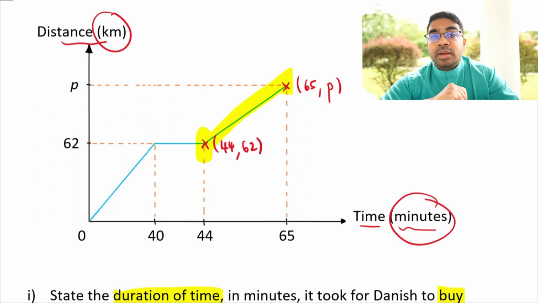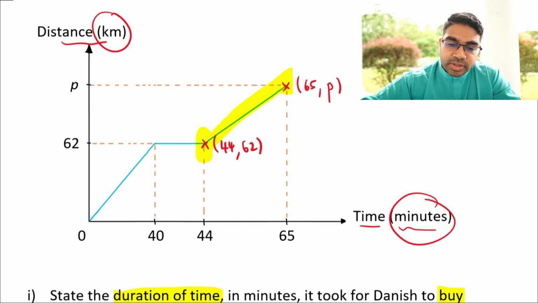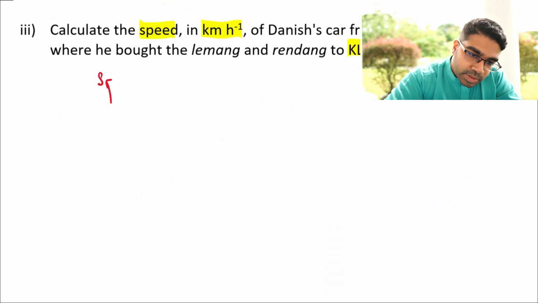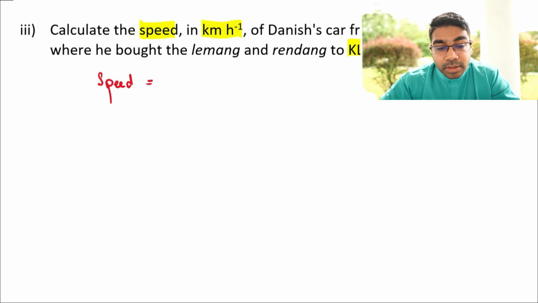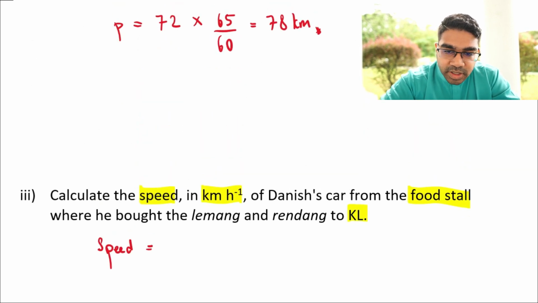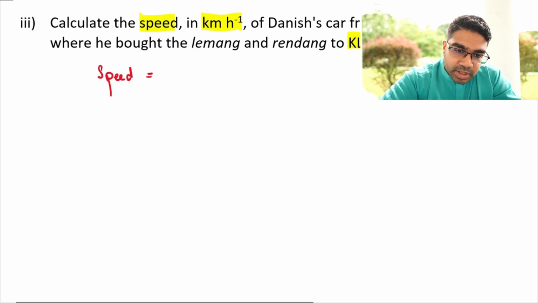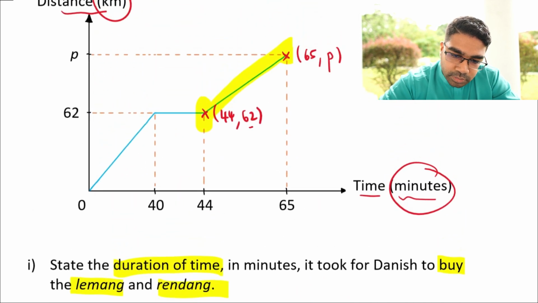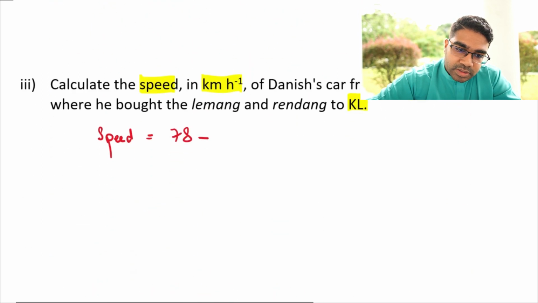62. Now let's use the gradient formula. y2 minus y1 over x2 minus x1. So the speed here will equal y2 minus y1. P, which we just found to be 78 kilometers. 78 minus, look at our point here, 62. Minus 62 first,